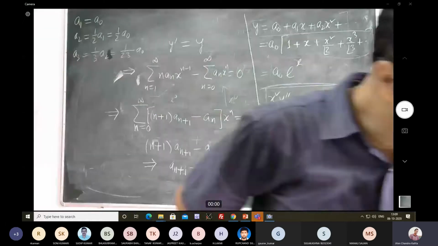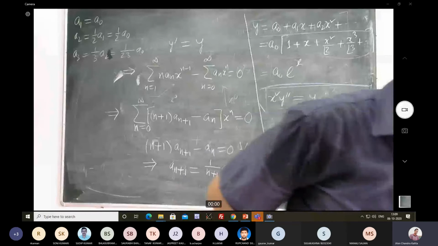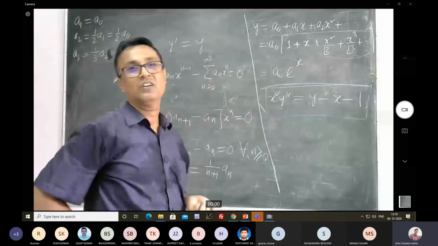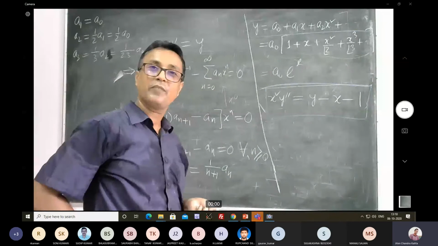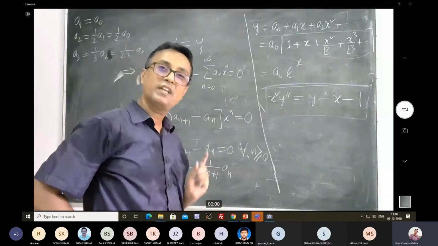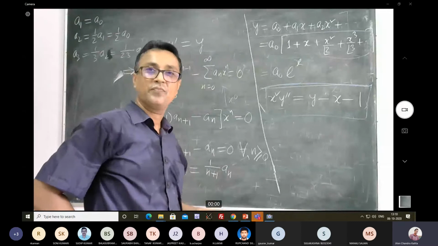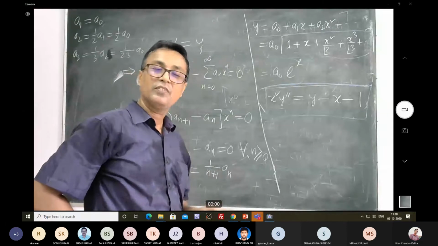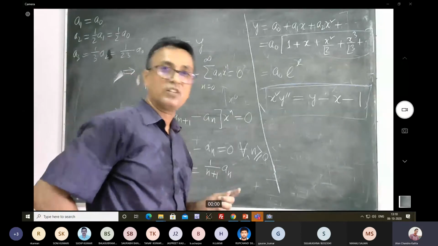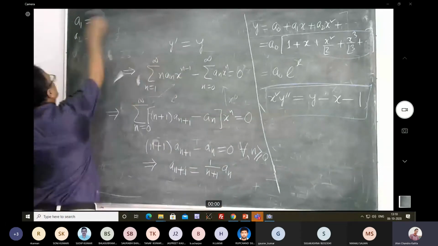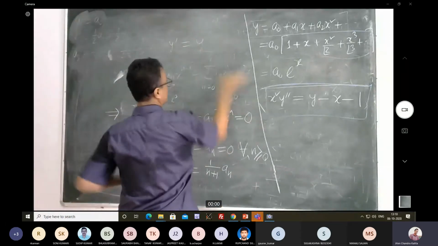So basically, what it tells you is that we may not always be lucky enough to get a series solution which is convertible in terms of an elementary function. Okay, so now I will move to solving second order linear differential equations